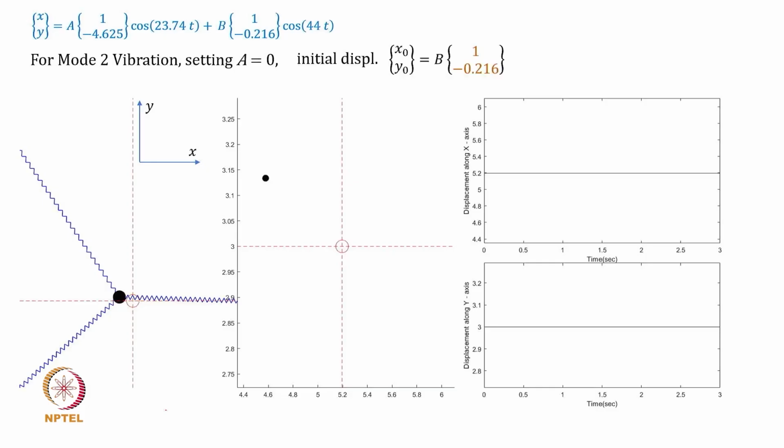So we can give initial displacement here by giving x naught and y naught equal to b times this value,